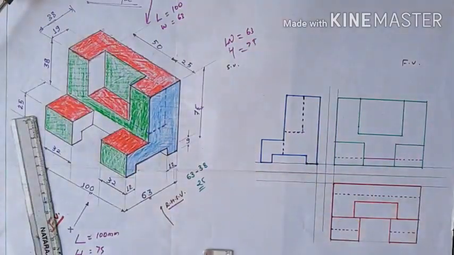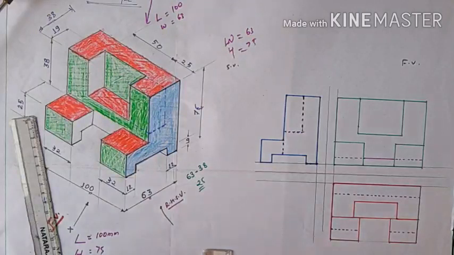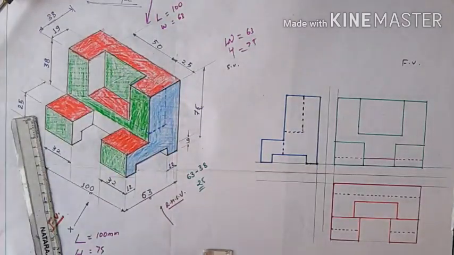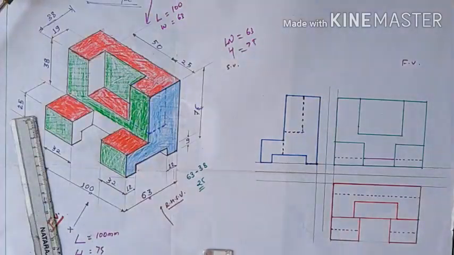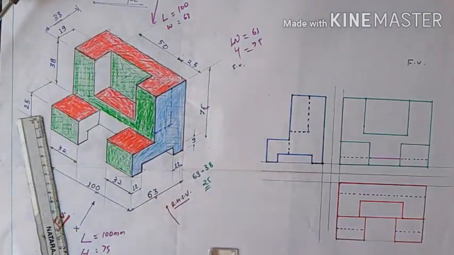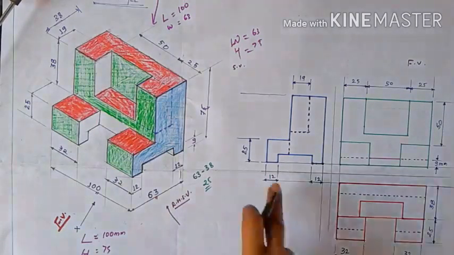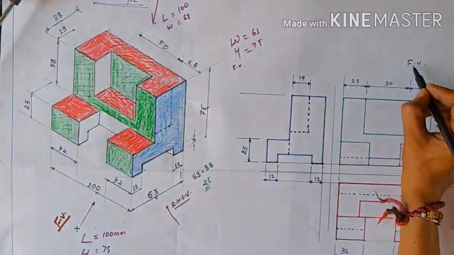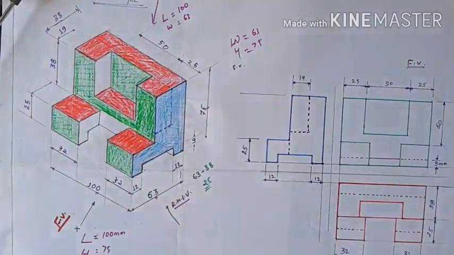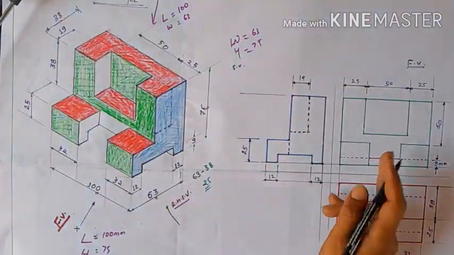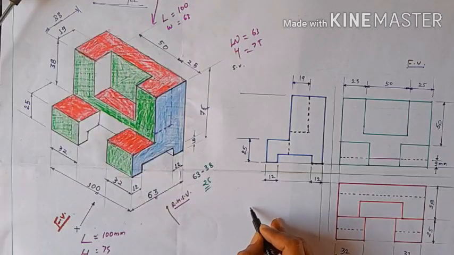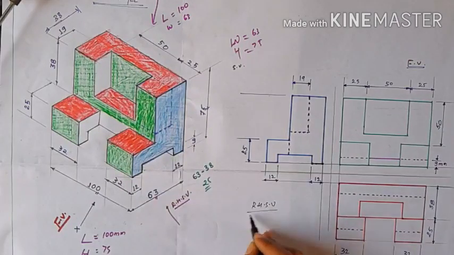So the complete views, the complete structure or complete orthographic projection, or you can say all three types of views are seen here. I make the dimensions for this. One second. Complete the views with these dimensions. Here this is the front view, no doubt, and this is your top view, again no doubt, and this is your right hand side view, which is drawn on the left hand side. So this is your right hand side view.